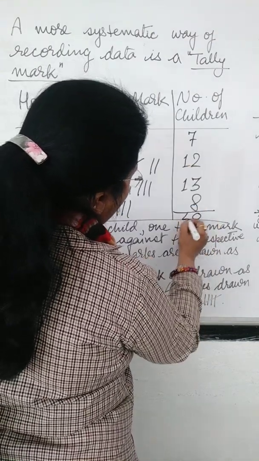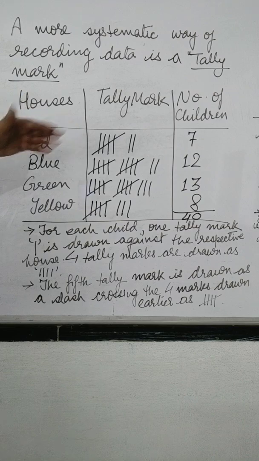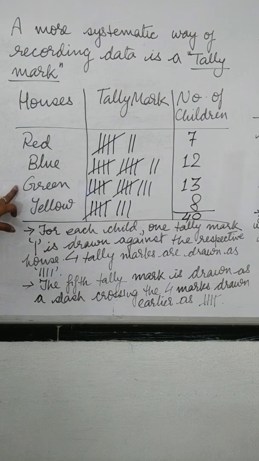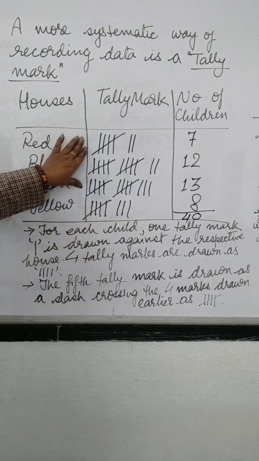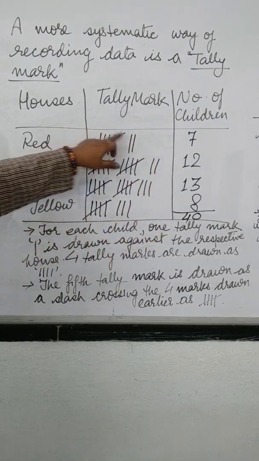So 40 students of the class are distributed in such a way that red 7, blue 12, green 13 and yellow 8. And if you see this tally mark, we can easily identify how many numbers. See, this whole group